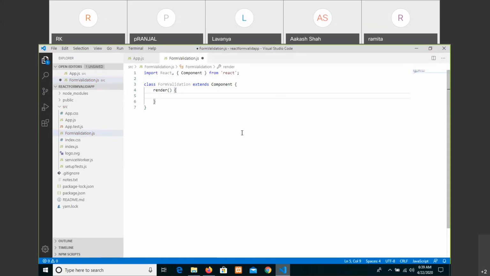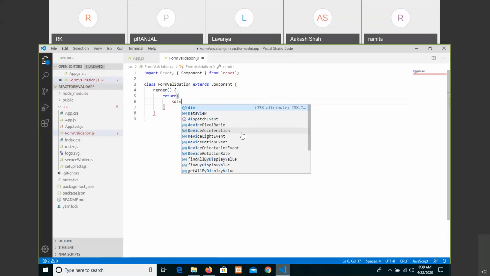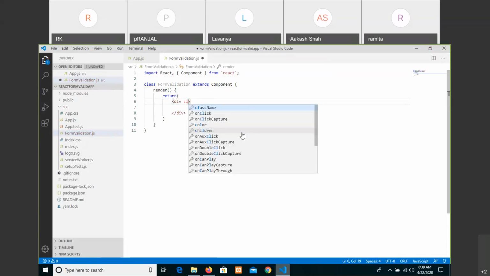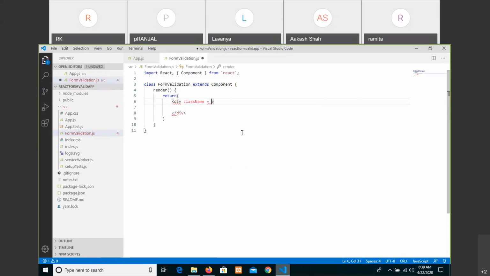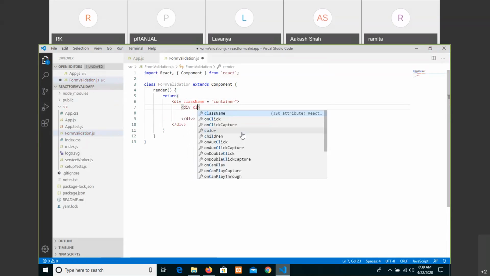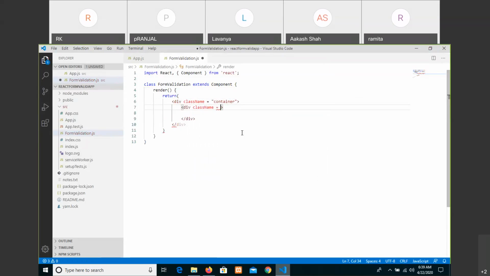In this render, write a return and the class name, and that equals to, we know the classes right now: container and classes class name, and that equals to row. Inside this row